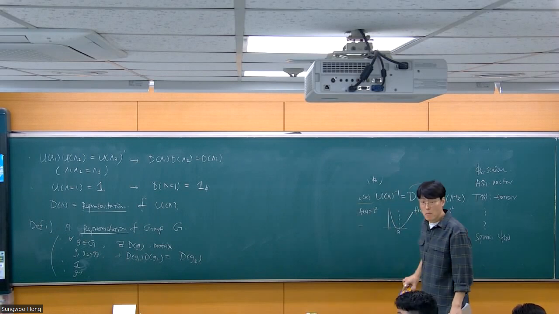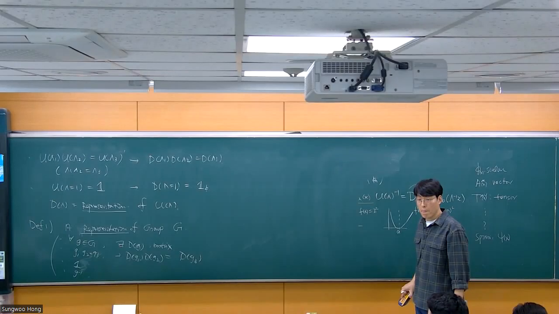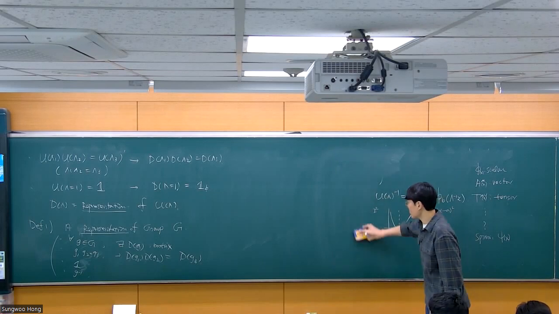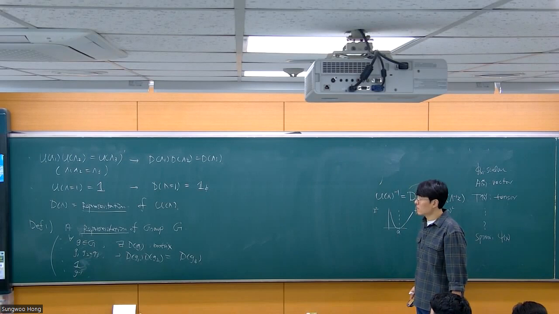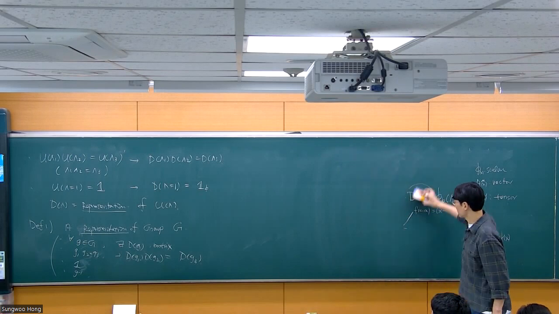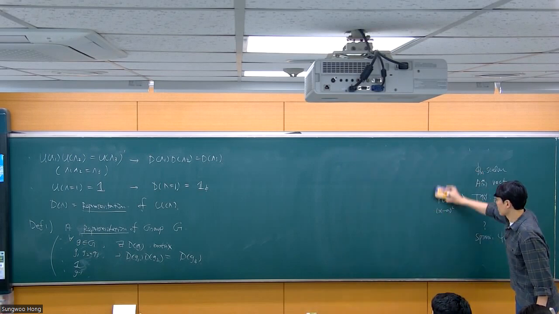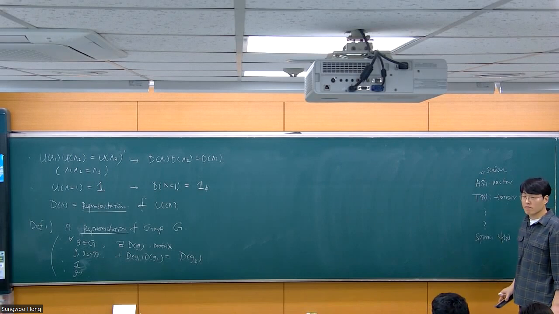Why do you believe that the Lorentz transformation doesn't change the value of the field? It does change. Sorry. So, if we assume that D of lambda is the identity for all lambda, then we will assume that the phi field will not change in the Lorentz transform. But I think if the observer doesn't change under the Lorentz transform, then it is okay.